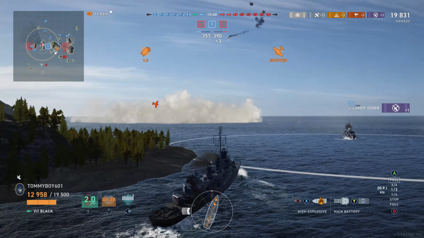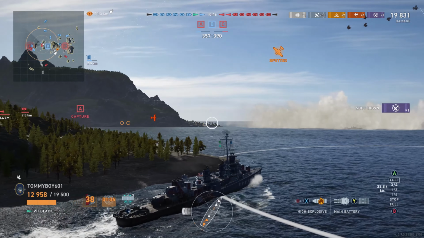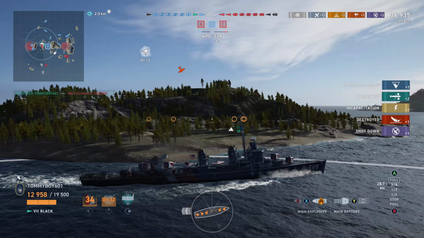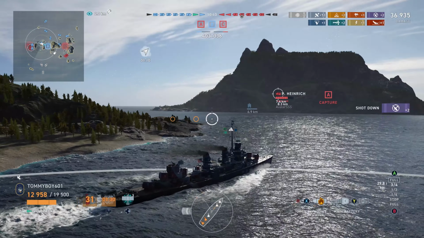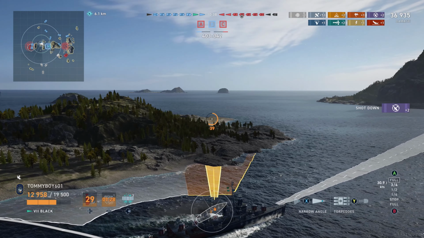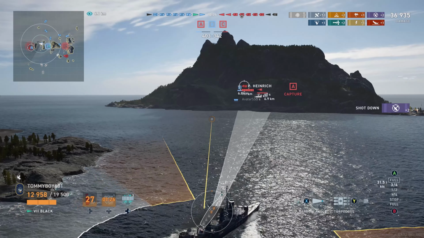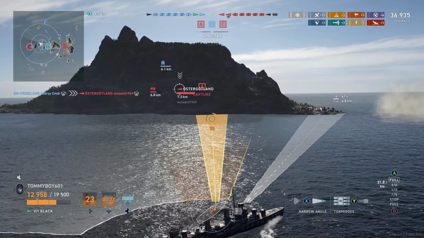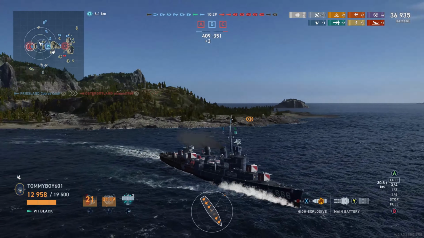The other thing that Black changes is its torpedoes. You have incredibly long-range torpedoes on Black by default, 13.7 kilometers for the range, and then they do 21,600 damage, which is a ton. Mind you, they can be spotted from the moon, and also they are incredibly slow, but they are incredibly useful